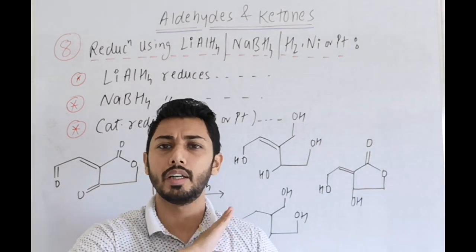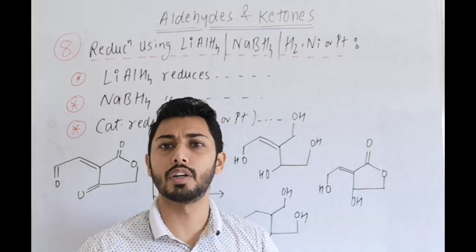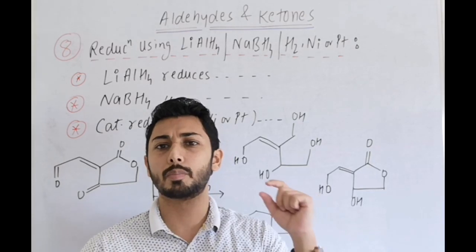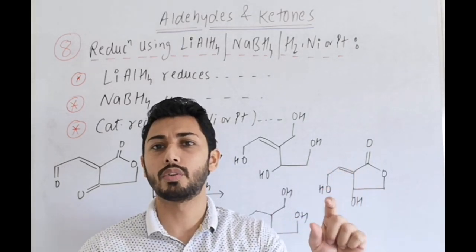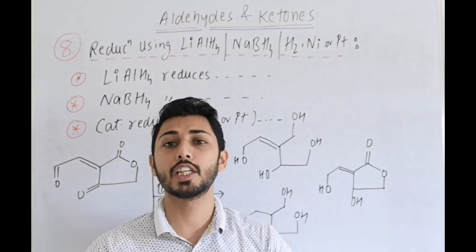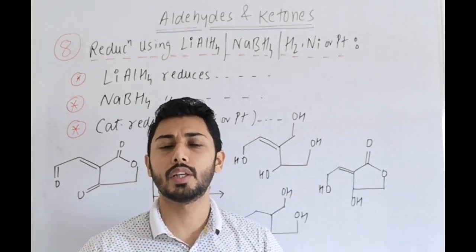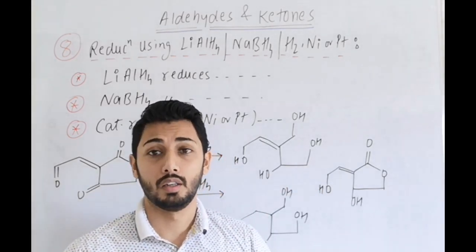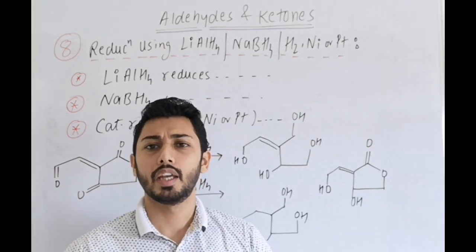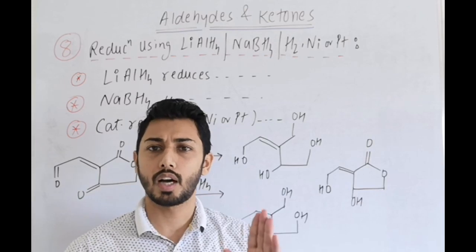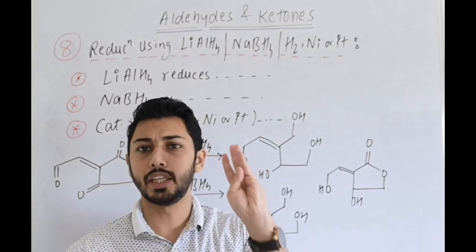So lithium aluminum hydride will reduce almost all functional groups. Here we are specifically talking about carbonyl compound reduction, right? NaBH4 is a milder reducing agent as compared to LiAlH4, that is lithium aluminum hydride. NaBH4 reduces carbonyl groups, that means aldehydes, ketones,